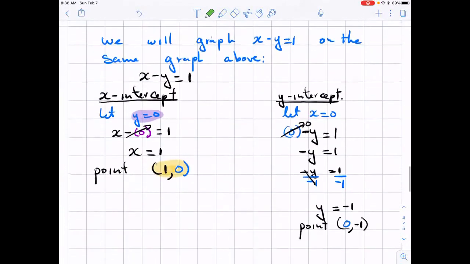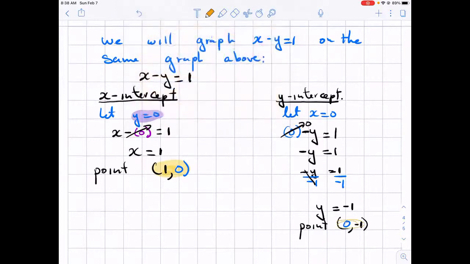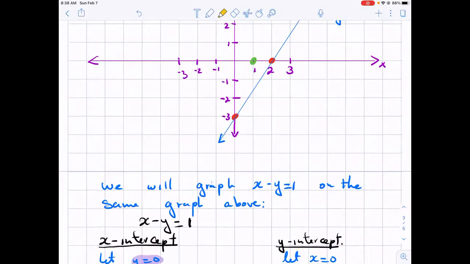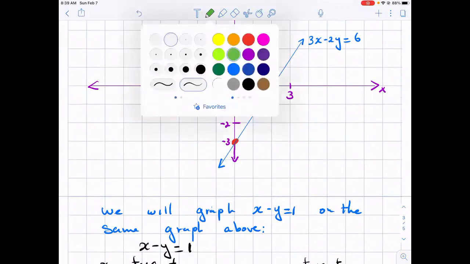And if I plot my y-intercept, my y-intercept now is 0, negative 1. So if I go here and I plot my y-intercept as 0, negative 1, I get that point. Okay? Now, if I connect those two dots,